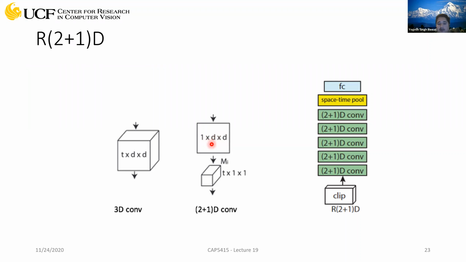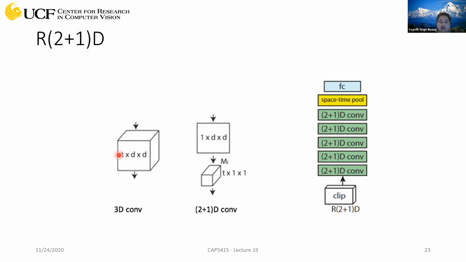And once you have done that, you learn the temporal correlation. In this case, an easy hack is you can just make the spatial kernel shape 1 cross 1, which means it will only look at 1 pixel at a time. So it's not learning any spatial correlation. And T is the number of frames you're using to learn the temporal correlation. Now you can break down this T cross D cross D kernel into 2 such kernels. One benefit is the performance. Now, if you think about this, this has another benefit.